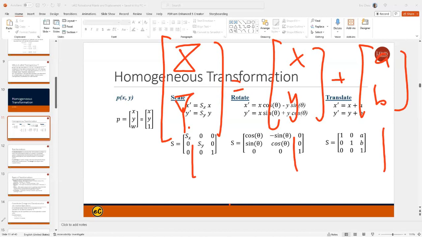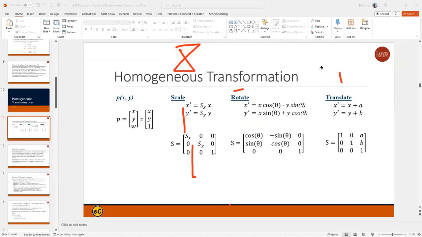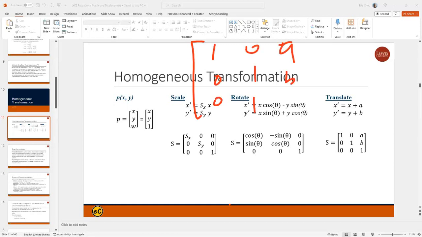Now let's put it into the equation. So on the right hand side you have 1, 0, 0, 1, 0, 1, a, b, 1. This a, b is your displacement vector, times